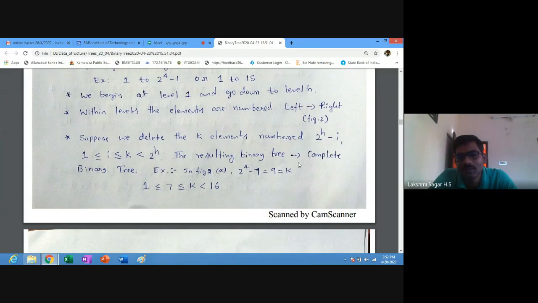You observe, just go through this statement. The resulting binary tree, we call it a complete binary tree.